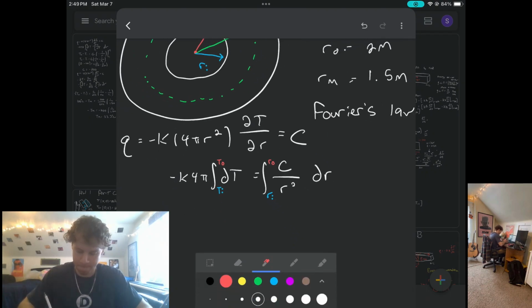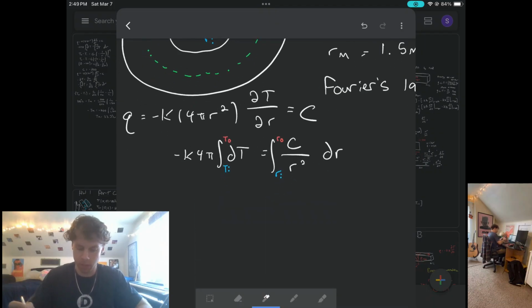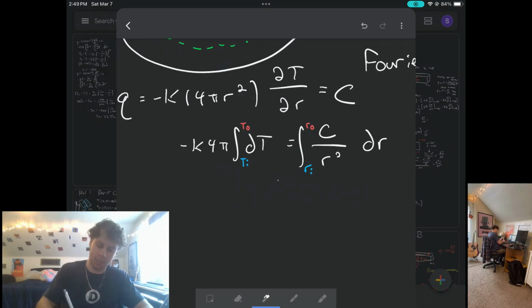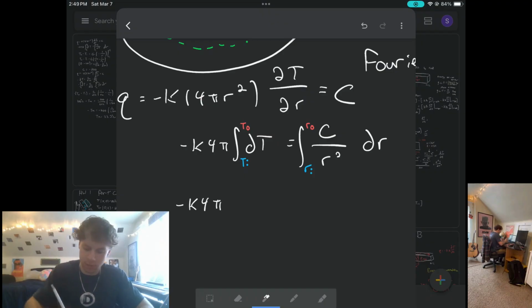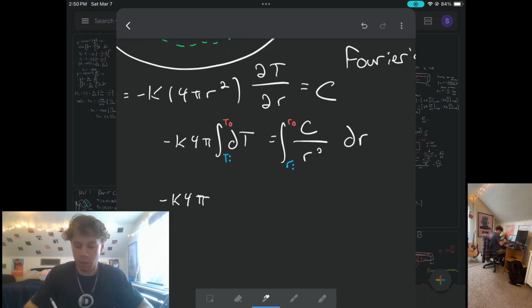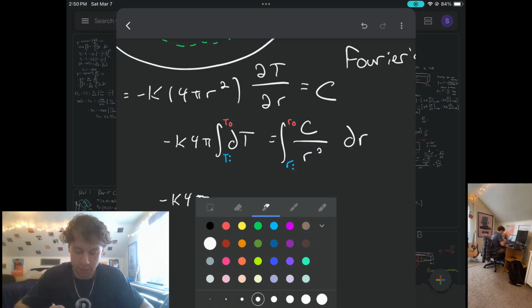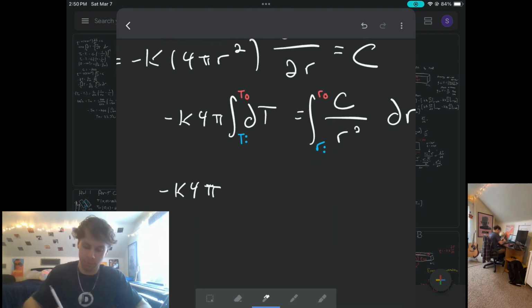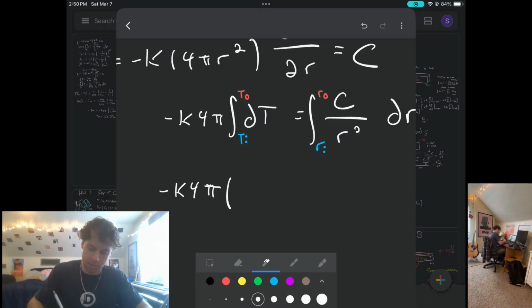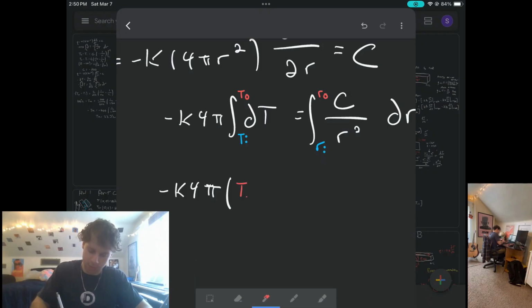Okay, so with that we'll get negative thermal conductivity times 4 pi times the integral of our temperature derivative, evaluated from the temperature of the inside surface to the temperature of the outside surface, which will just end up being the temperature of the outside surface minus the temperature of our inside surface,